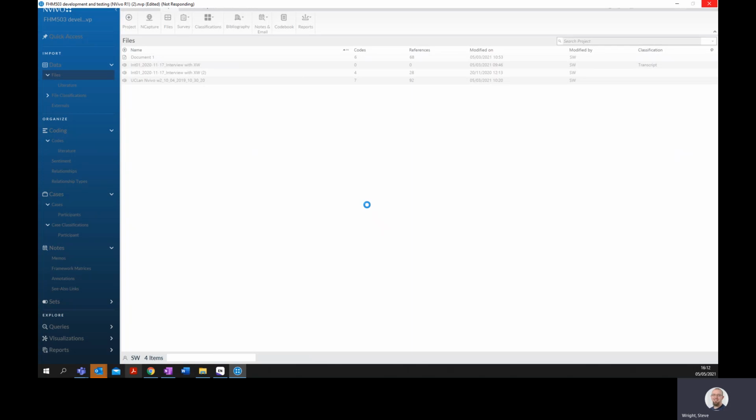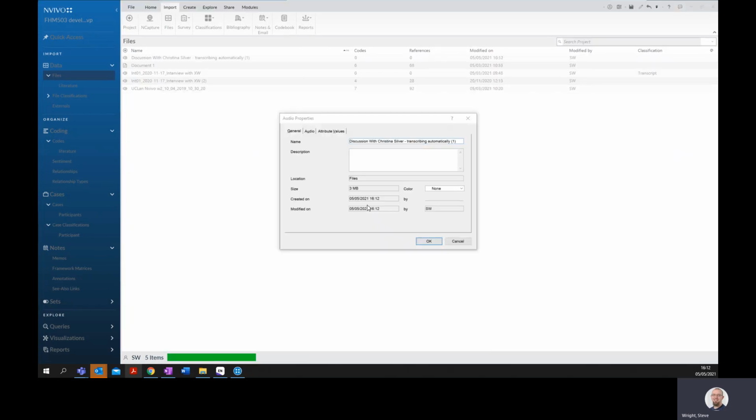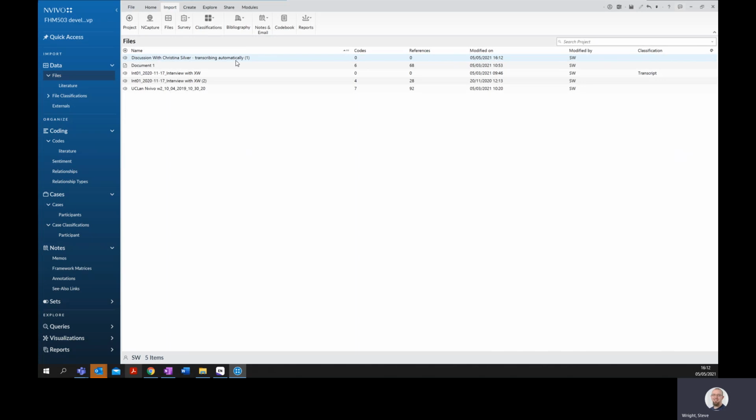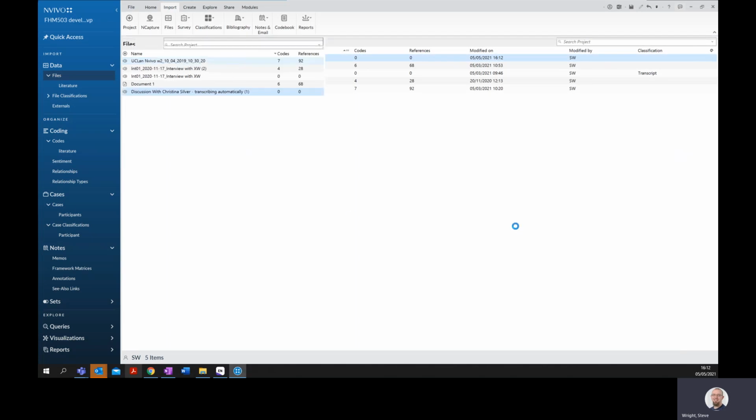Often with videos, you need to download a codec pack. You can also see, so this is the new NVivo, which often has a very laggy interface. Okay, so I brought that in, that's fine. Now, I'll open that up